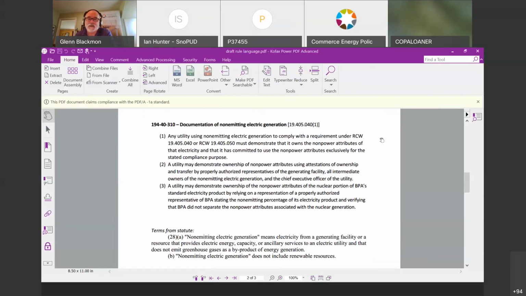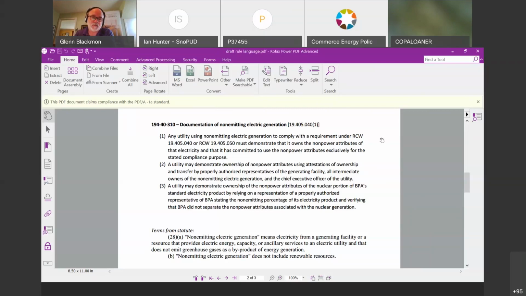And the reason why we need to address this in some way is that non-emitting electric generation does not have renewable energy credits that go with it. For renewable energy, the way the utility demonstrates compliance is by the retirement of the REC. And that's going to be true whether it's an unbundled REC or whether it's within that 80% portion that we just talked about. It's renewable, there's going to be a REC, it's going to be retired. But for non-emitting generation, there is no REC. And so the discussion that we've had in the past, again, going back to last October,